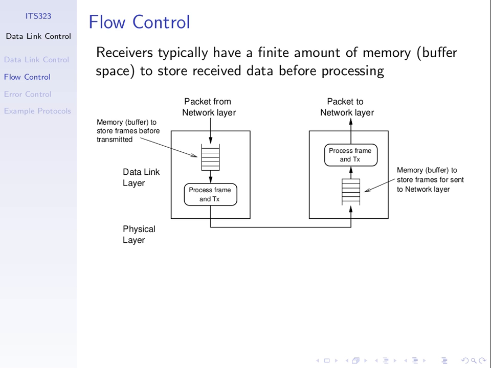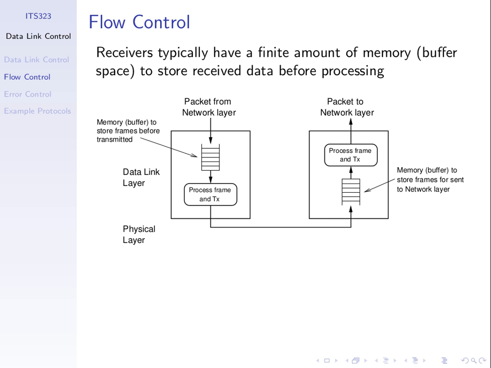It stores it in memory, processes the data and sends it up to the next layer, if we look at the data link layer perspective. If the sender transmits the data too fast such that it fills up the memory, if the receiver has a slow processor, it takes a lot of time to process each frame. It's processing a frame, but at the same time it's receiving many other frames. Because it has a limited amount of memory, at some point it may fill up the memory,